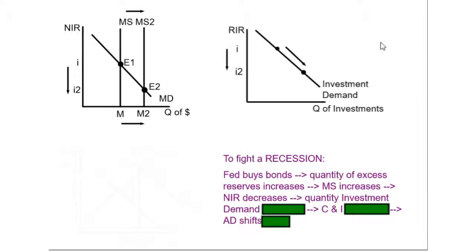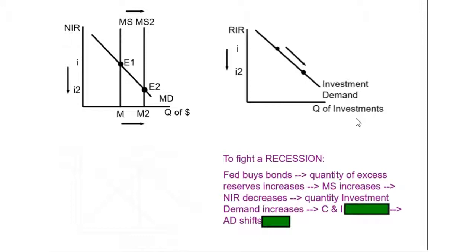So even though money market is in nominal interest rates and investment demand is in real interest rates, when interest rates go down, nominal rates go down, that's going to push all interest rates down. So on the investment demand model, it's always a move along the curve. When real interest rates fall, you can see that the quantity of investment demand moves along to the right. So the quantity of investment demand increases. And if you think it through, this makes sense.